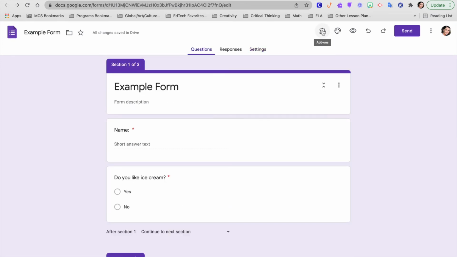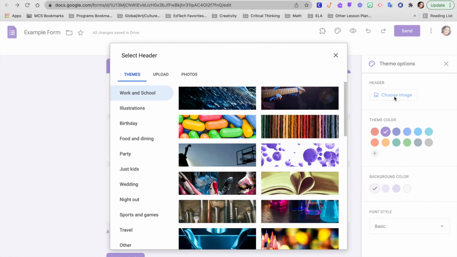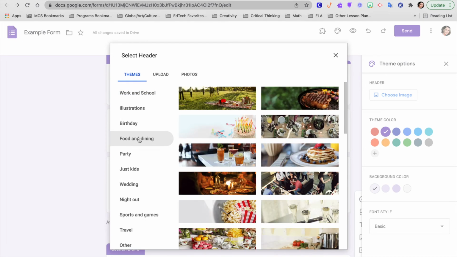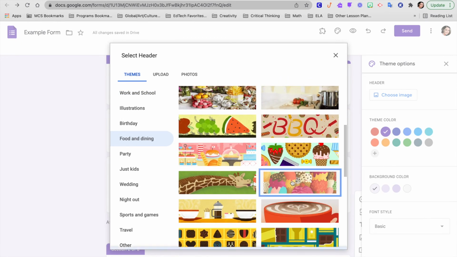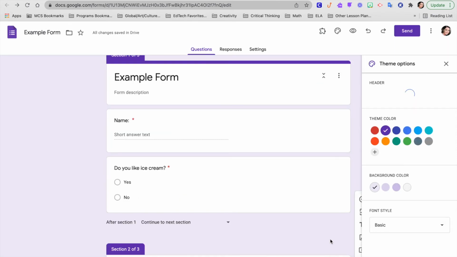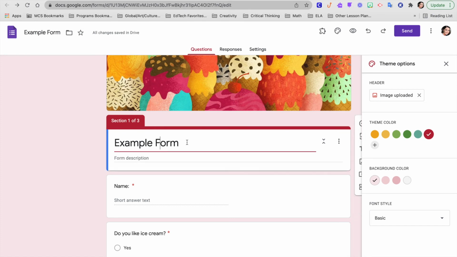Also, just so you know, up here you can customize the way your survey looks, so you can change the color, or you can choose an image for a header. Let's go and see if we can find an ice cream one, since that's what we're talking about. Oh, what do you know? There we go. And it's going to generate for you different options for your form color based off the theme of the picture. Let's change our title to